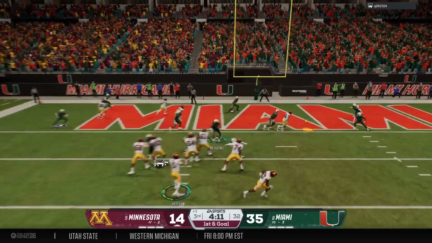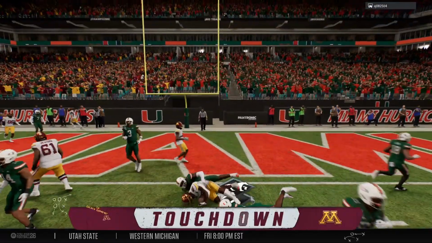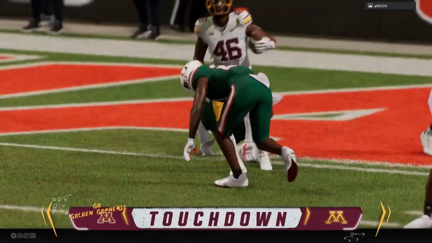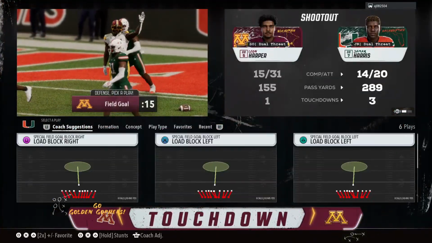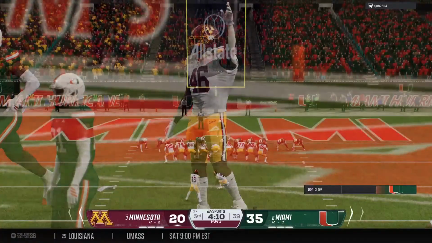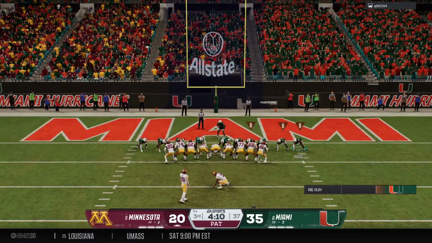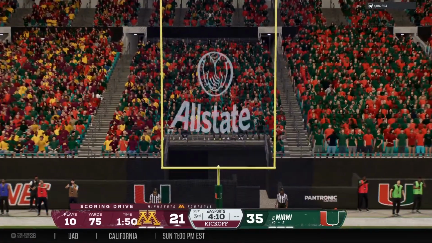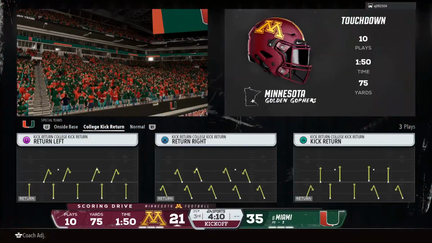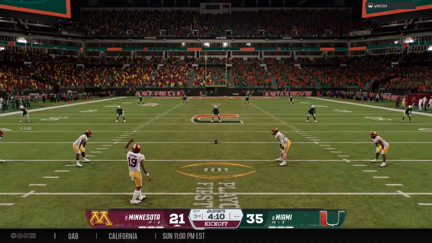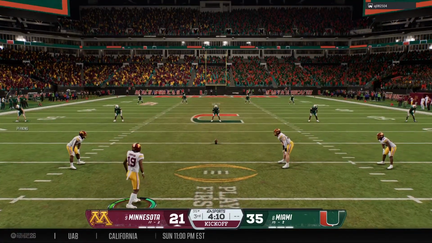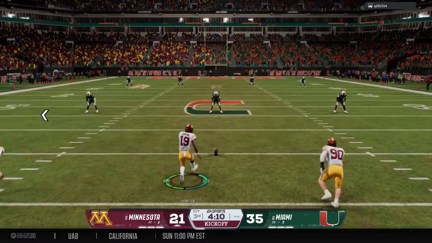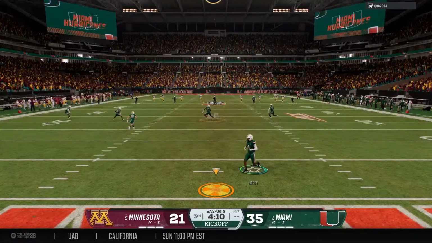There's the snap, looking to throw the ball. Touchdown, Minnesota. This passing game is still on fire. That's a crucial score. Let's see if they can build momentum and complete this comeback. Well, I know they're still trailing, but that score is a great first step in trying to break down this lead. You don't want to leave it all to the fourth quarter when the pressure really intensifies and you have limited time. Minnesota, 21.